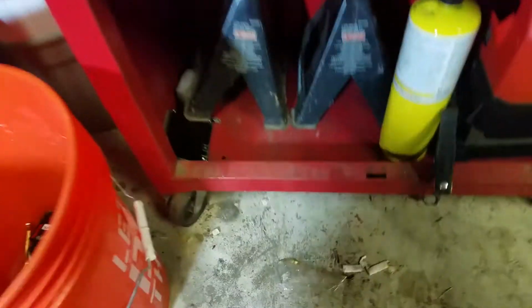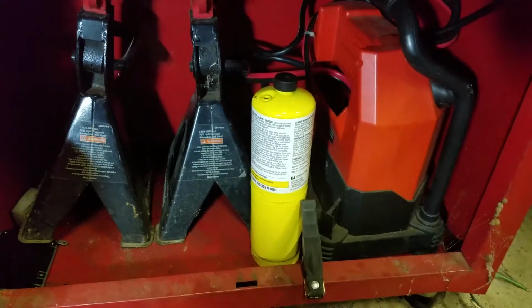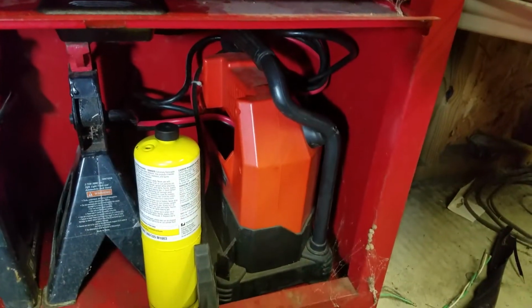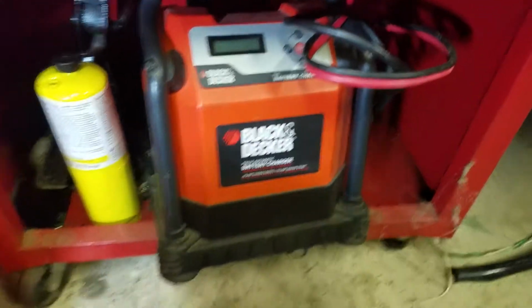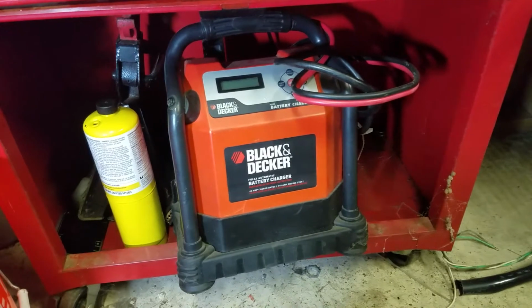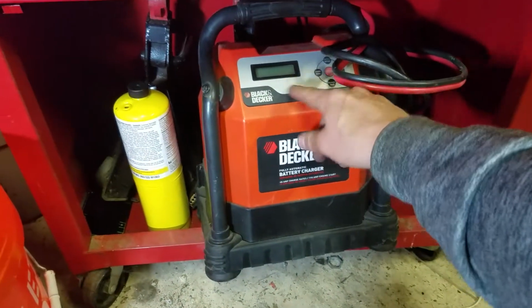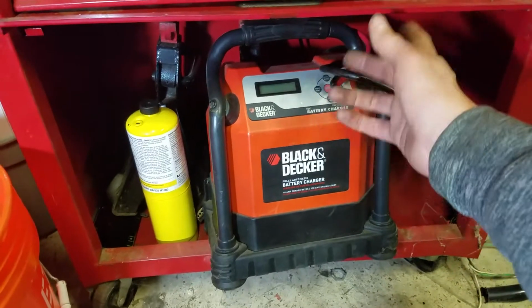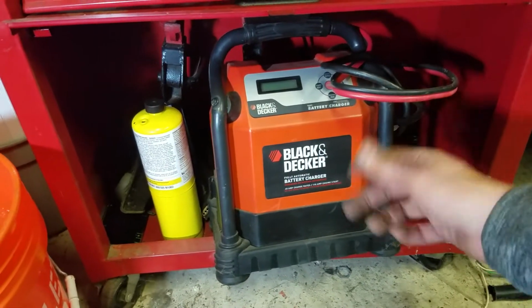And then down below, we have 2 jack stands, a bottle of map gas, and the worst fucking battery charger I've ever used. This one here. This should be on a wanted poster. Don't buy this battery charger. It's got buttons and a computer inside, and it thinks it was all right for like a year, but now it thinks like every battery's fucked, even if it's